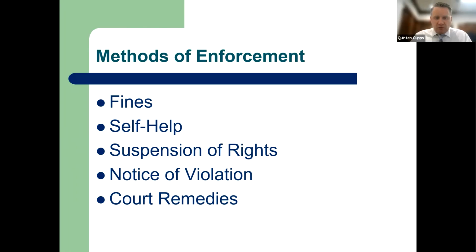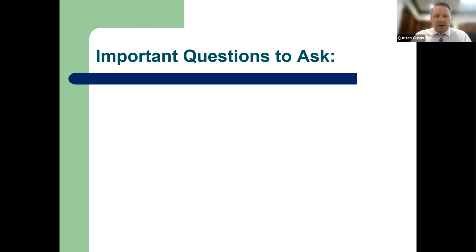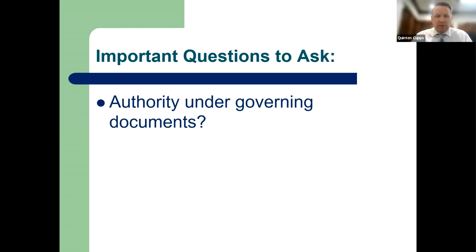So before we get into the specifics of each one of these options, I do want to mention that whenever you're faced with an issue like this architectural thing, where someone failed to either follow what was approved or didn't get approval before making the change, you need to ask yourself a couple questions. I think there are 3 questions on here. I'm going to put them up one at a time. Any board faced with this should ask yourself these 3 questions when deciding what you should do. And you can do this in conjunction with your attorney and your manager, working together on this.